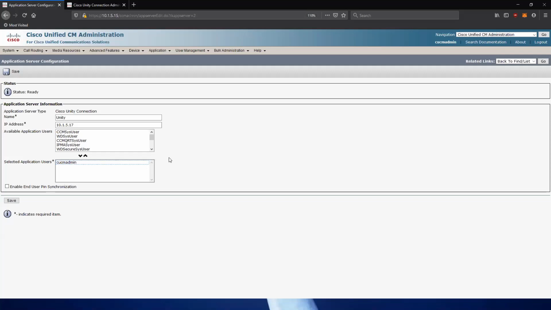Once this is done, the next thing you would need to do is checkmark enable end user PIN synchronization. Okay. Then you click save. Now, sometimes you do get errors here. If you haven't ever done this before, sometimes you could get some errors like,